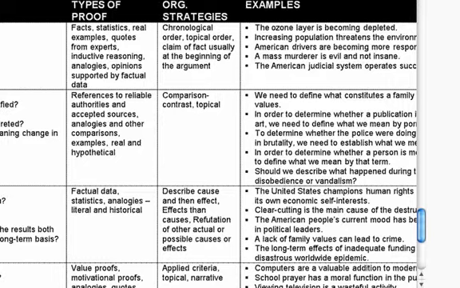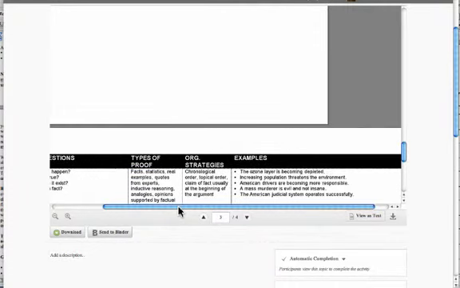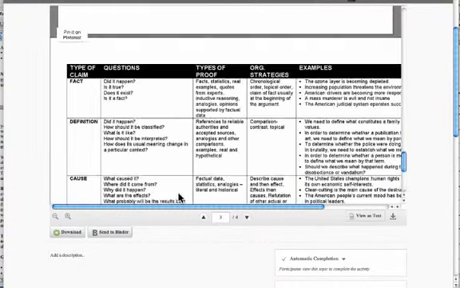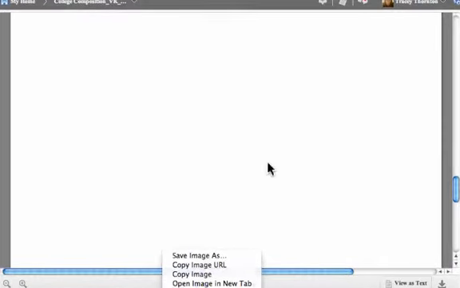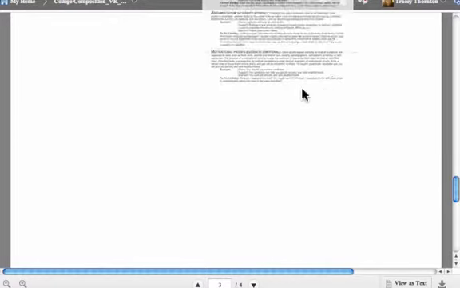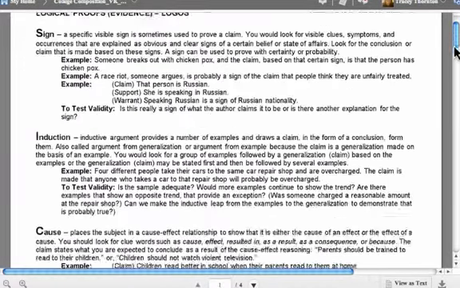This can be very helpful, because if you can categorize the claim that you're making, then this chart may very well help you to figure out what types of evidence might be most effective for that type of claim, and what organizational strategies might work best. So use this. It's also a way of identifying the type of claim that the author is making in the essay you chose, because the first step is to understand that argument.